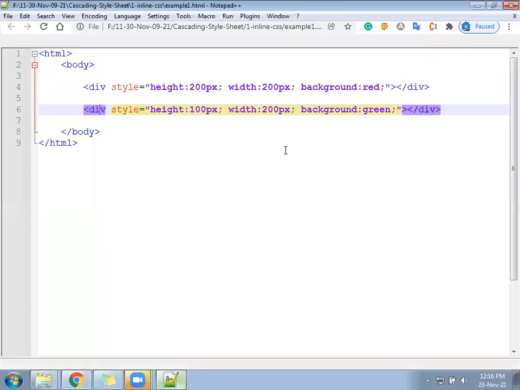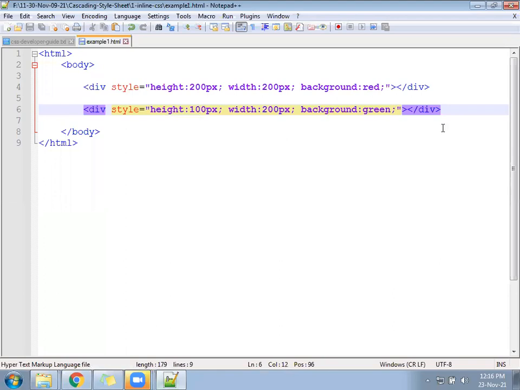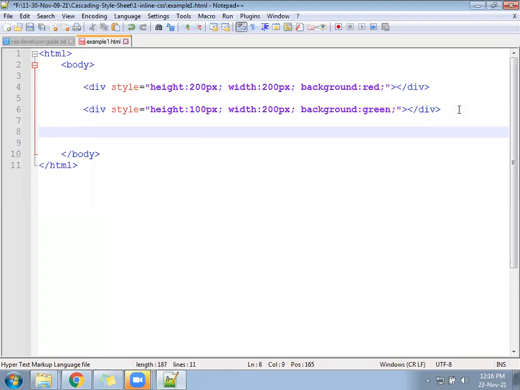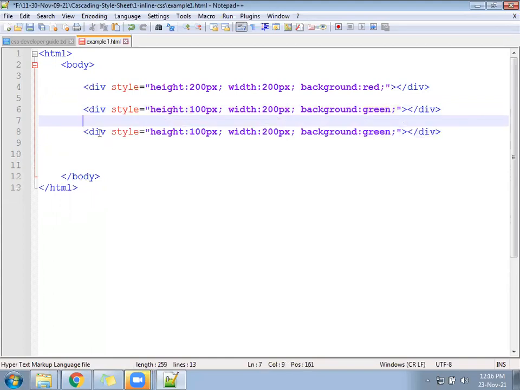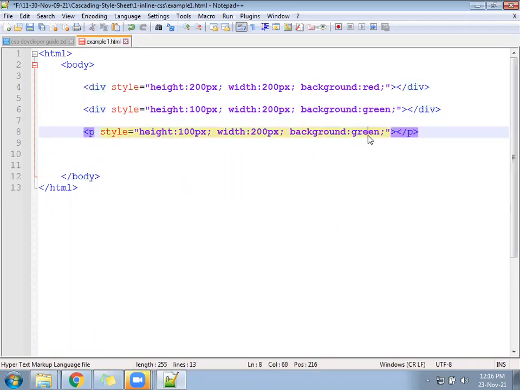Instead of division, if you write any tag, suppose let me go here and keep a next tag called P also. Write a P tag, P tag open, P tag close. Give the color as yellow. Height, width, let it be, change the color to yellow.